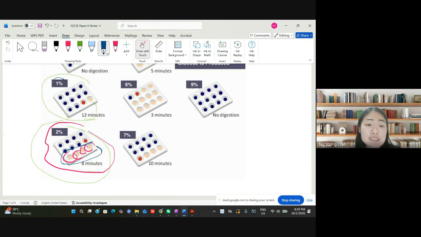And then this 1% requires 12 minutes, which is a much longer time. After 12 minutes, the iodine solution will just remain in the color which is here. So they require about 12 minutes, because when they drop, they just drop one by one, 1, 2, 3, 4, 5, 6, 7, 8, 9, 10, around that. They just drip one by one until the iodine just remains in its original color and does not change to dark